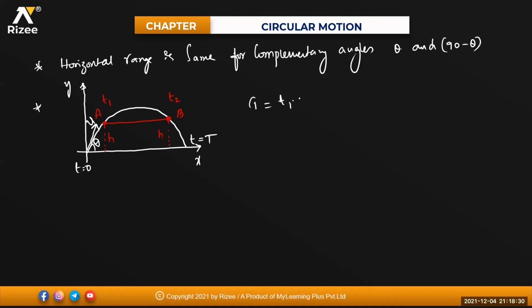T = T1 + T2, because that will be one projectile part, so the total time of flight will be T1 + T2. And if the height above the ground is asked, then directly you can use the relation (1/2) g T1 T2, the product of the times. That will save your time. Clear? So the height at which the two particles will be at the same position from the ground, directly you can use the formula (1/2) g T1 T2. Clear?